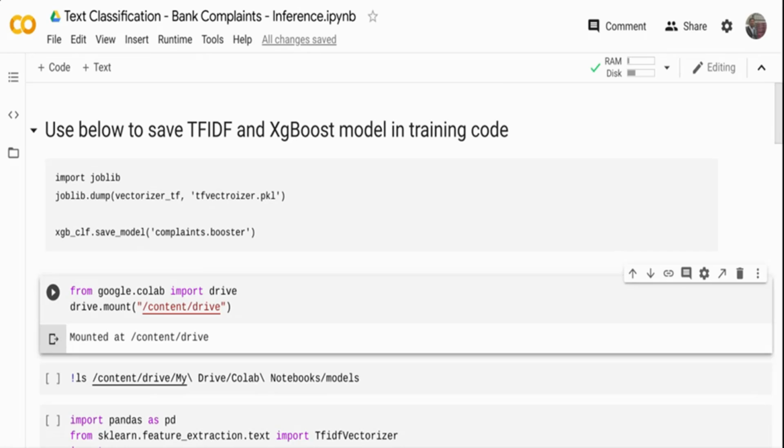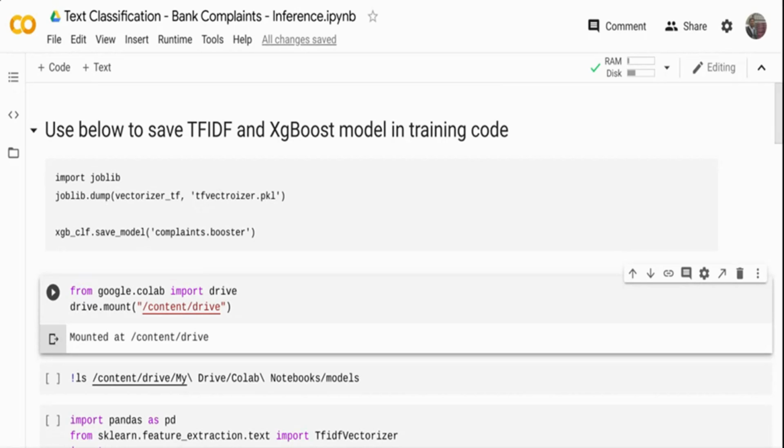So we created a final XGBoost model, and we assigned class weights and so on, because it was an imbalanced dataset. So we handled it with some imbalanced dataset techniques, and then we had a final XGBoost model. Now we have two models in this. One is TF-IDF and XGBoost, and apart from that, we have some data cleaning steps, right? So that's what we are going to replicate.